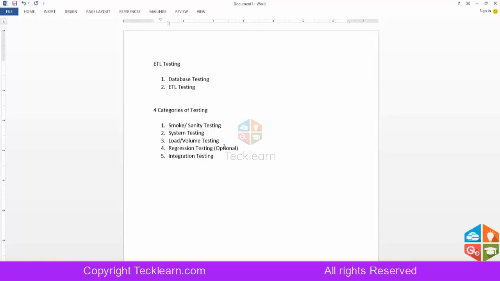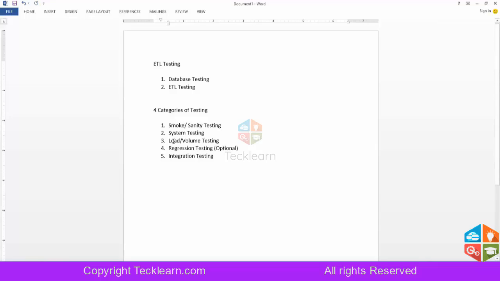This integration testing is very, very important in ETL testing. It will be taken lightly in other testing like web testing or mobile testing. But for ETL testing, this is very important, because an ETL solution will never be an independent solution. It will always be dependent on other applications. The scope of a tester will be limited only to testing the ETL solution, but the ETL solution itself will be dependent on the other applications. So integration testing becomes very important for ETL testing.